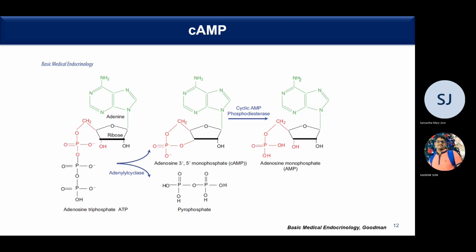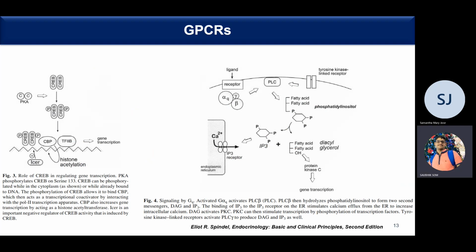As you can see here, there is a bond between the 3' OH and the phosphate here. That's why this is a cyclic AMP. This is the cyclic bond. So this is how GPCRs work, the alpha S signaling. And G alpha I signaling is nothing but the opposite of this stimulus, where instead of activating the G alpha subunits, it